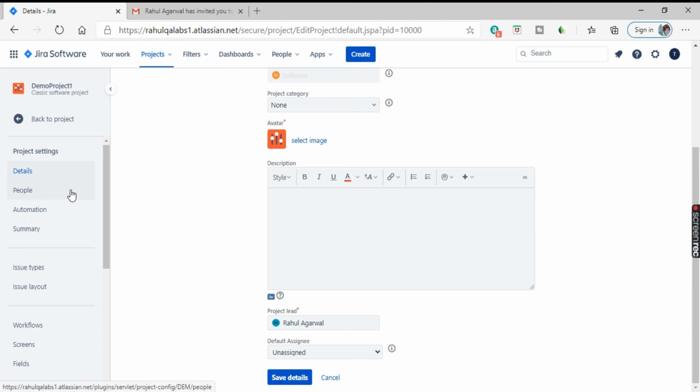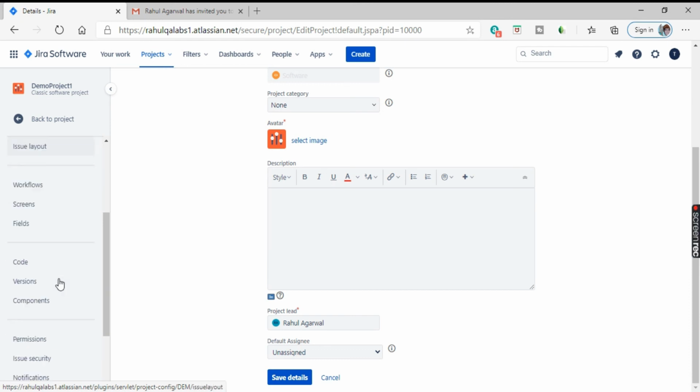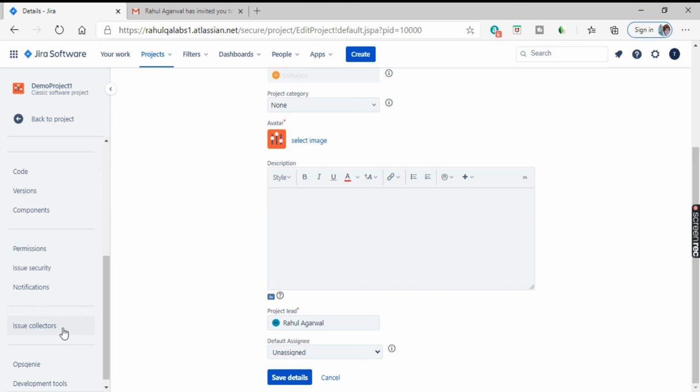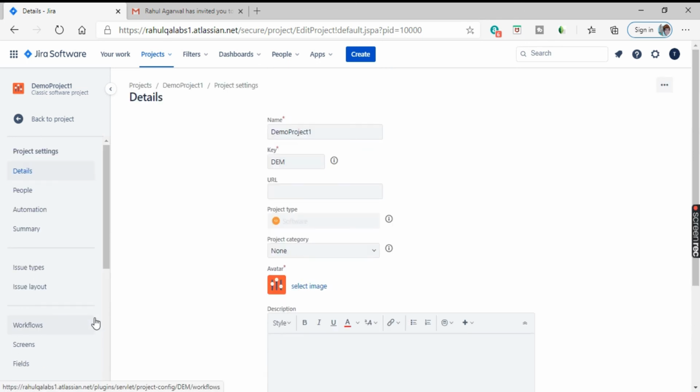Okay, so these are like all the project options we have: people, like team members, and summary, what are the issue types, different fields, screens, etc., versions, components. So all the options related to a project.